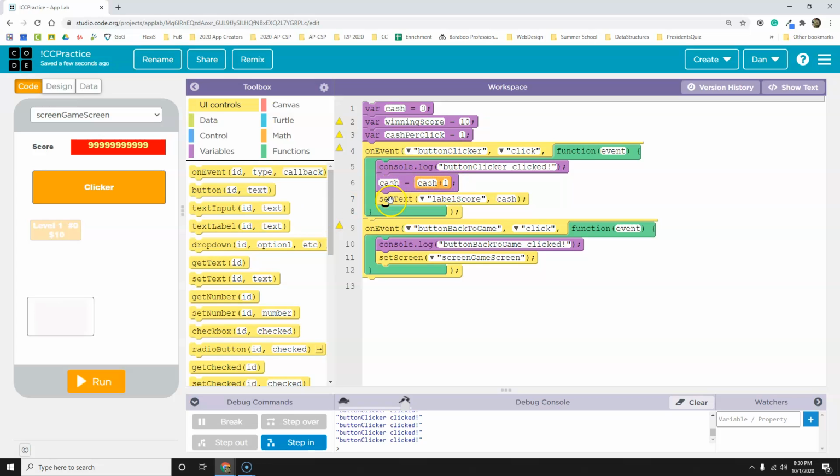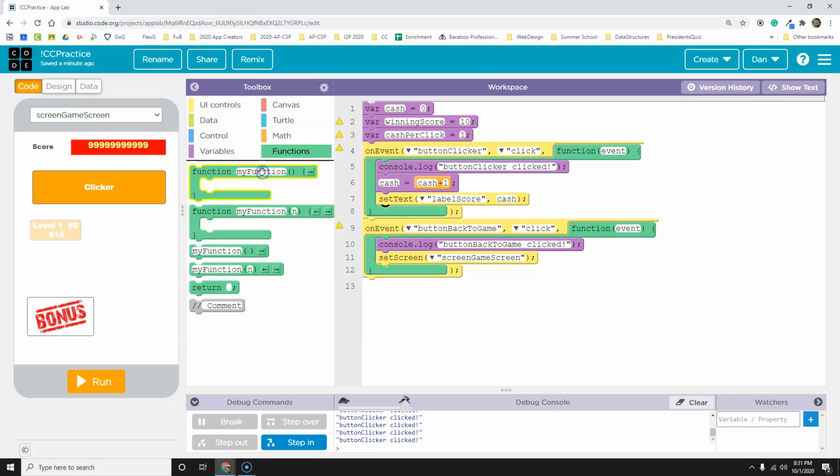Now, what I wanted to do is I wanted to detect if the cache has reached the level of the winning score, which in this case is 10, I want it to go to the victory screen. So I'm going to add that code in. But this button here is starting to get a little long, and it's starting to do many things. So I'm going to add some procedural abstraction to this, and I'm going to make a function